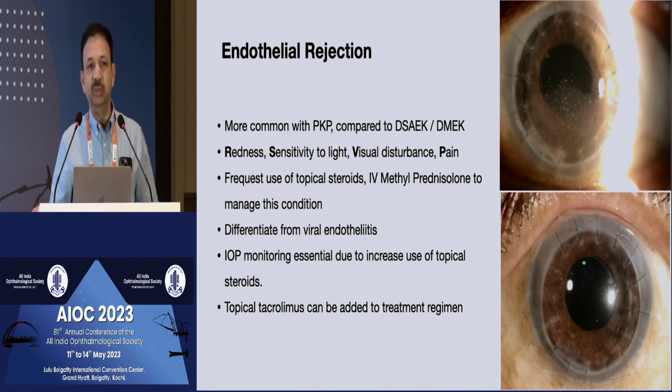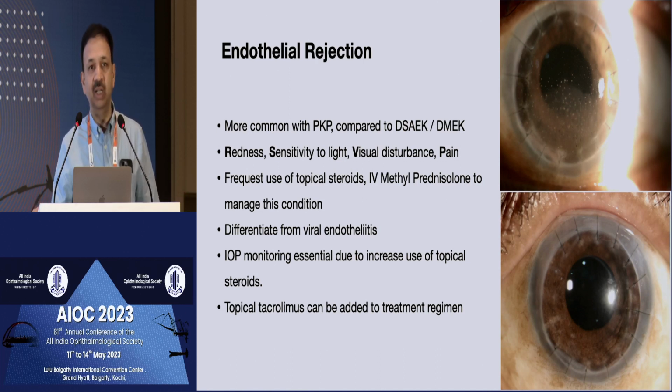Some of these symptoms are usually milder, especially if you have undergone a DSEK or a DMEK, where the patient may have subclinical features, and only when you examine on slit lamp, you can see the keratic precipitates or a mild anterior chamber reaction. And the keratic precipitates are limited to the graft, and you don't see them on the host side. So stepping up the steroids and sometimes giving IV methylprednisolone can help reverse the rejection and save the graft from